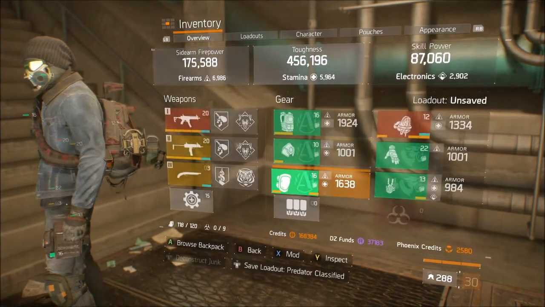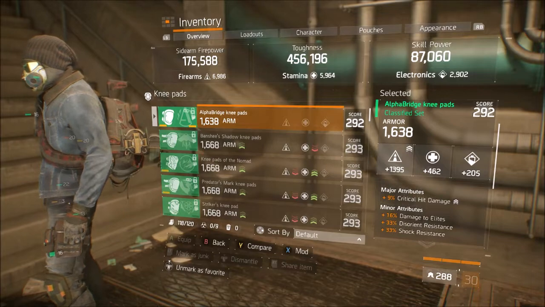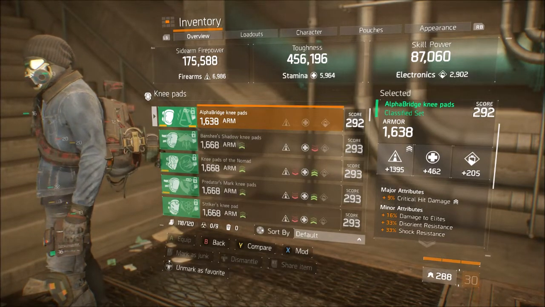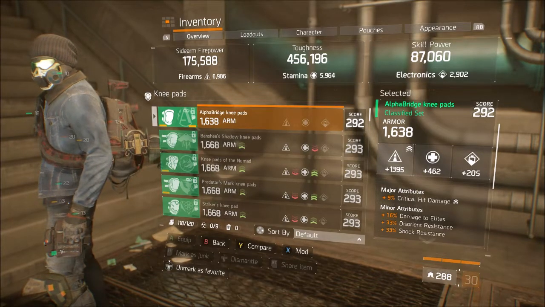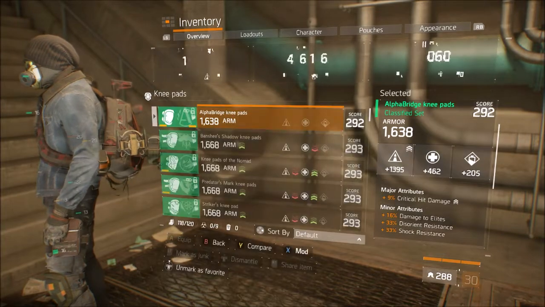The knee pads are AlphaBridge, rolled for crit damage, firearms, damage to elite, disarmament resistance, and shock. If you can get bleed, burn, and shock, that's what you want, but my luck is pretty bad with AlphaBridge knee pads, so this is what I'm using. The mods on this are a pulse crit damage mod and a stamina crit chance mod as well,